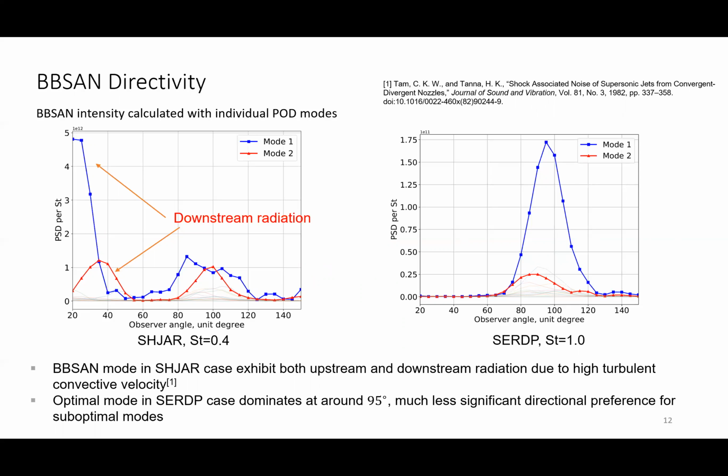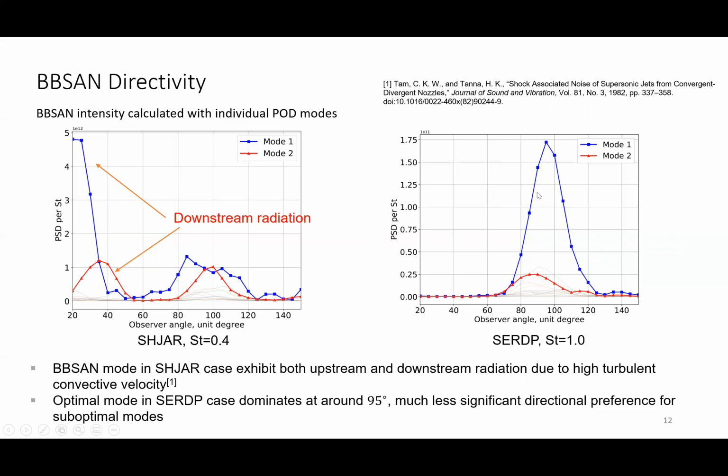The radiation of BBSAN in the downstream is possible when the turbulent convective velocity is high enough in the hot jet. However, the downstream BBSAN is often masked by the dominant large-scale turbulent mixing noise in the downstream. On the other hand,